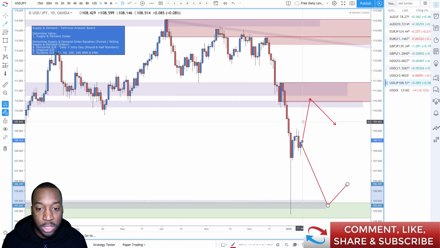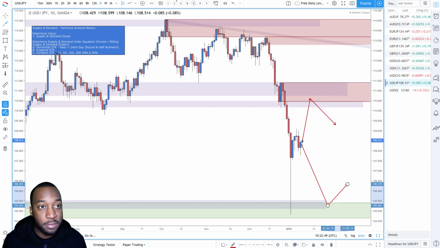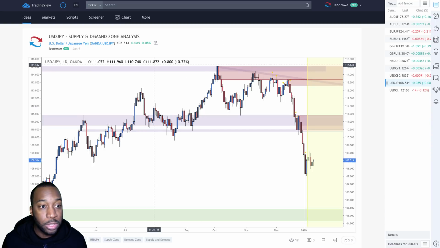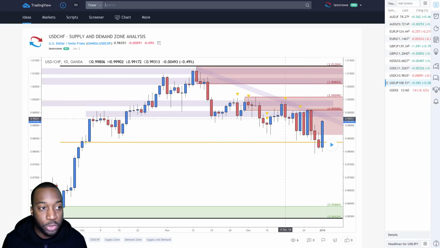So really not much this week on the dollar yen as far as opportunities from a daily supply and demand zone perspective. So on to the dollar Swiss. And the dollar Swiss,